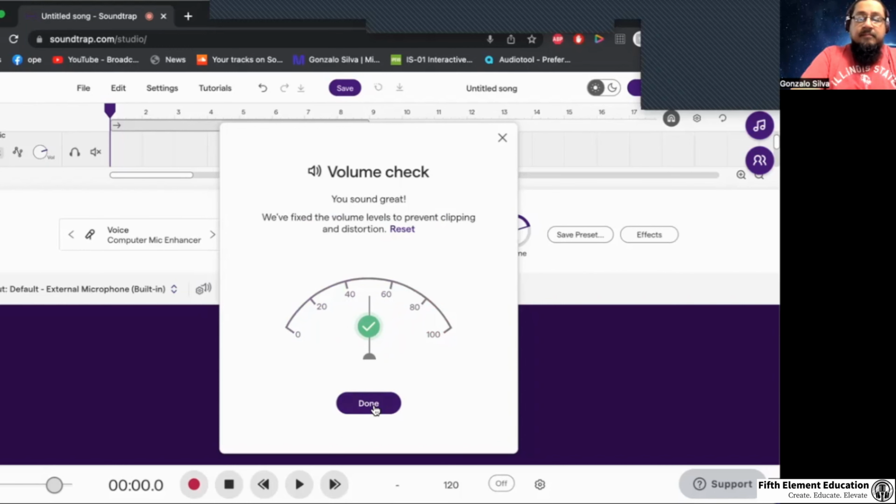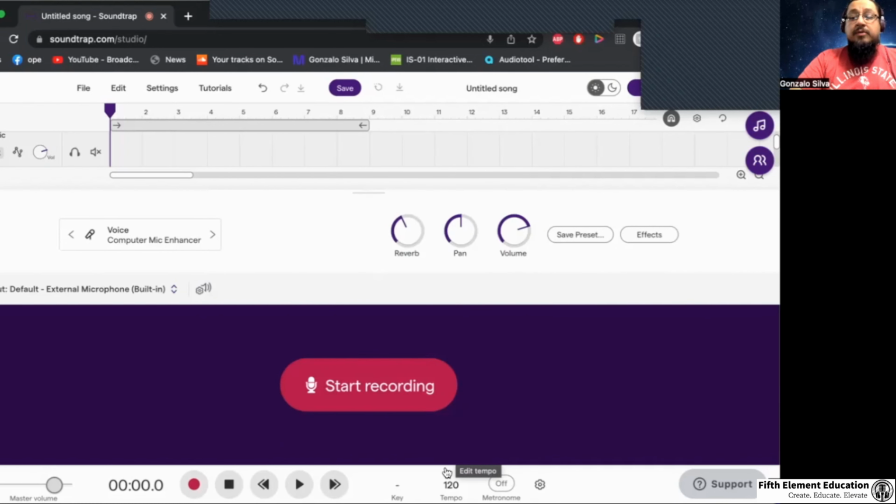Great. Now, if you saw the meter moving, but it wasn't reaching the 20, that means you might have to turn it up or get closer to your microphone. And if it's going too much towards the 100, that means you have to either back up or turn the volume down a little. So now that we're done checking our microphone,